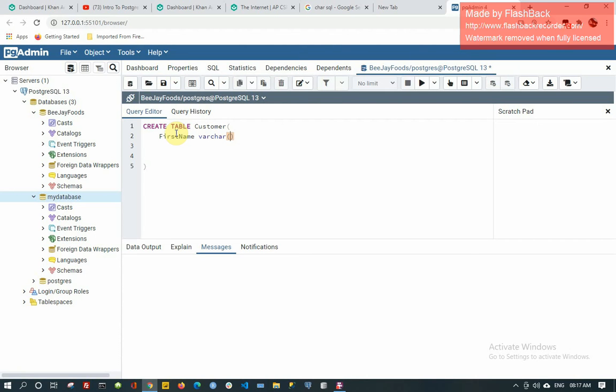So the length of text we're going to have in the first name, let's use 10. Then we have a comma, then last name, I'm also going to use the varchar data type, 10,